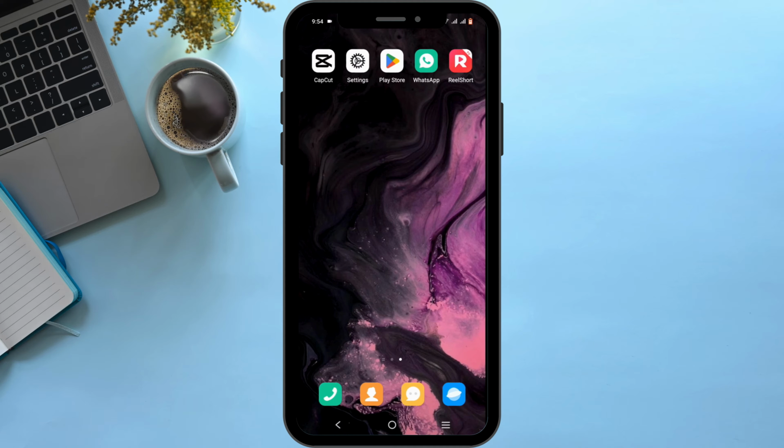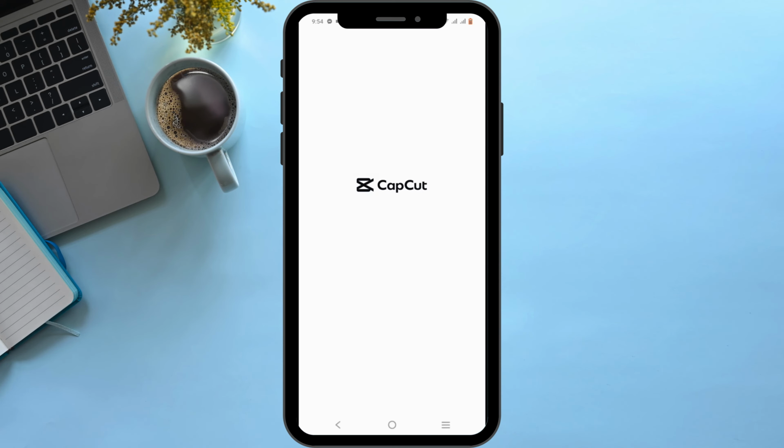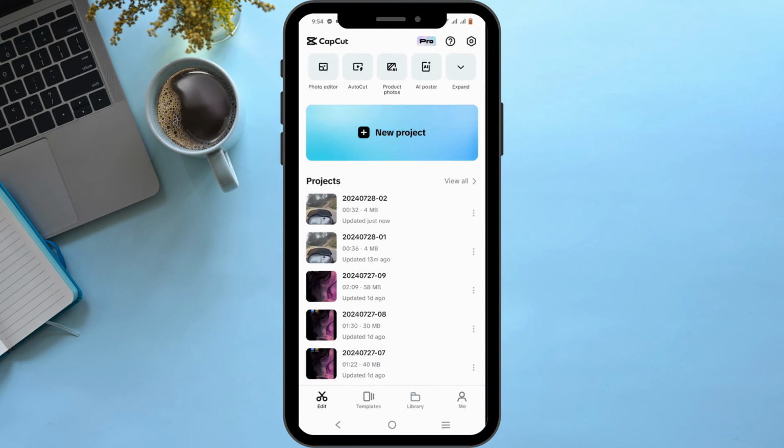Start off by installing the CapCut application on your device. Once CapCut is installed, just open up the application. Then you must select a video in which you want to add the transitions. To add a new video, you can just select New Project or select any of the videos that are